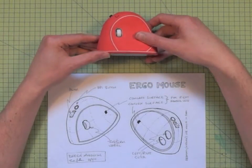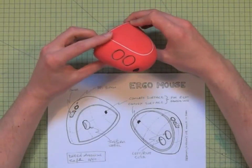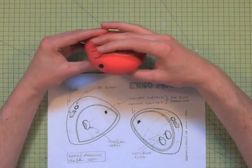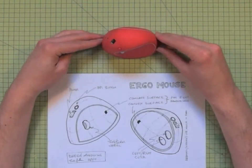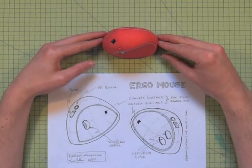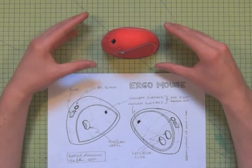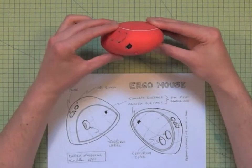So of course there's yet another debate on whether this is the correct Ergo mouse for me, but maybe someone with smaller fingers might struggle to reach these buttons. And again, this is the sort of dilemma that many product designers will have to face and work with. But nonetheless, I think it still remains a valuable exercise to work through your sketches and build something that has